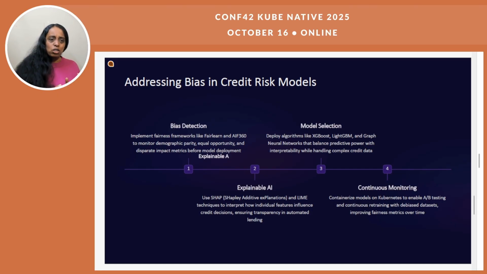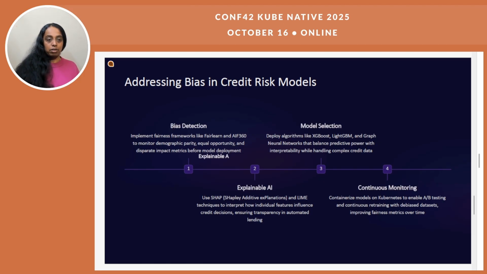It's a significant challenge that models may unintentionally favor or disadvantage a loan applicant based on factors that are correlated with protected characteristics such as gender, race, geography, and socioeconomic status, for example. This often occurs when the training data reflects historical lending patterns that embody past discrimination rather than objective financial